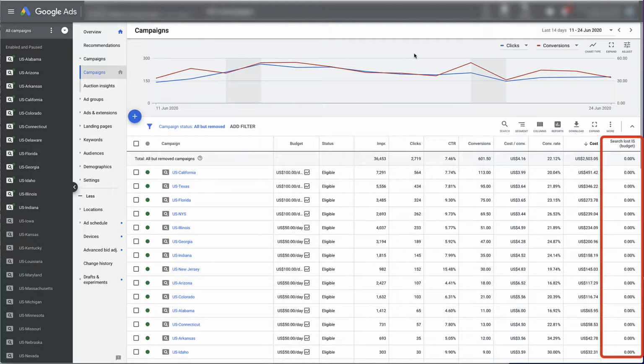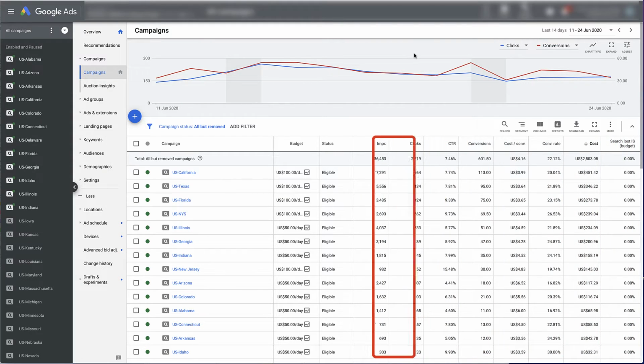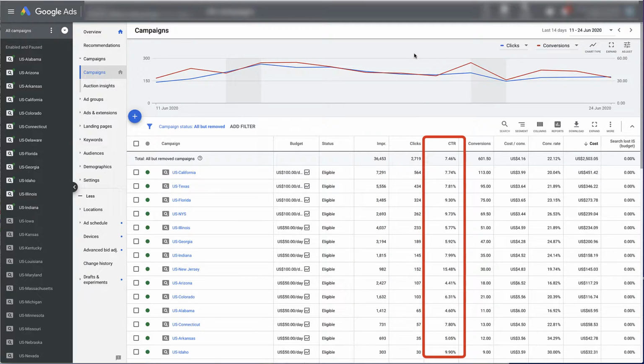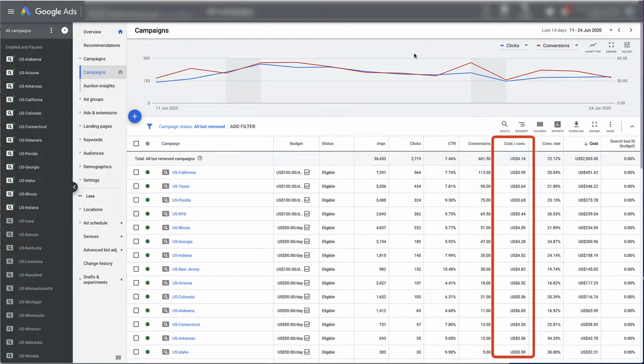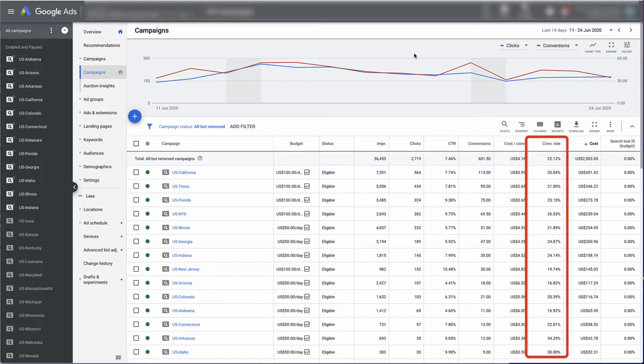so I've got plenty of traffic coming in. Looking across the columns, I've got a decent amount of impressions and clicks. My click-through rate is great at 7.46. My cost per conversion is high at $4.16, and that's what we're going to work on today. But my conversion rate is good at 22.12, and I'll continue to work on that. But what we're going to do now, therefore, is look at our cost per conversion and try and bring down